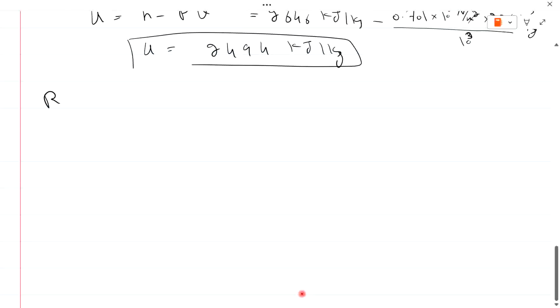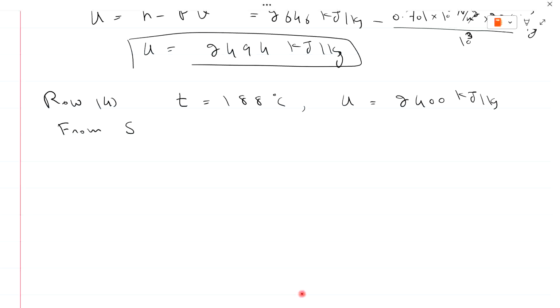At row number 4, temperature is given as 188 degrees centigrade and specific internal energy is given as 2400 kilojoule per kg. First we check whether these properties are in the wet region or in the superheated region. So from the saturated steam table,